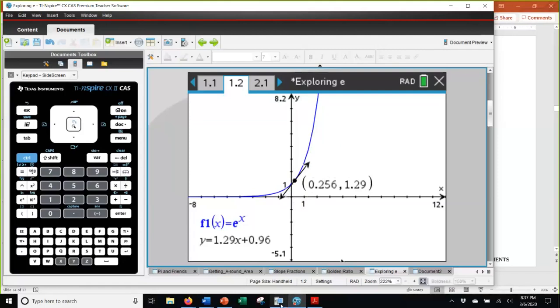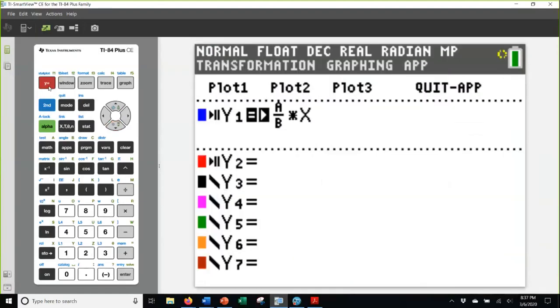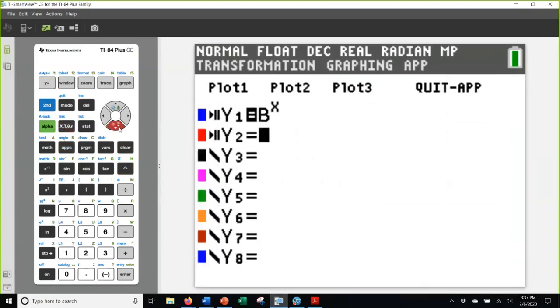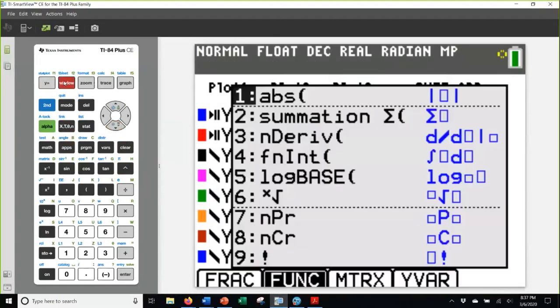Just to jump to the TI-84 one more time, back in transformation graphing, if we take b and raise it to the x power, and in the second part of transformation graphing, if you take the derivative, which is here in alpha window,